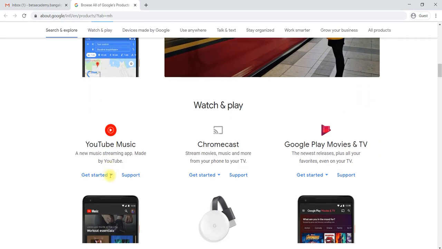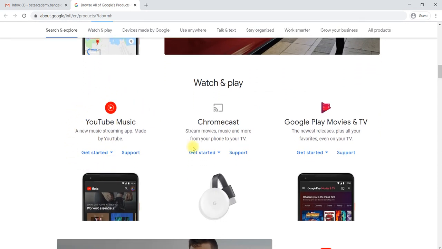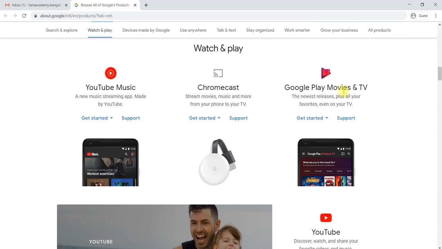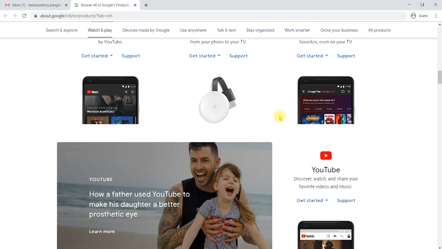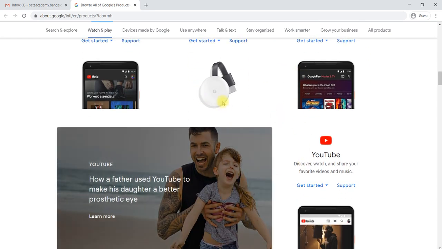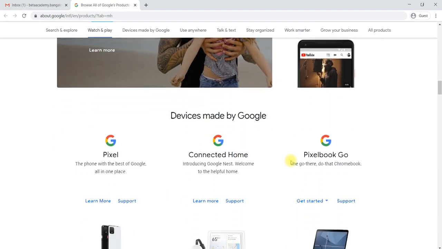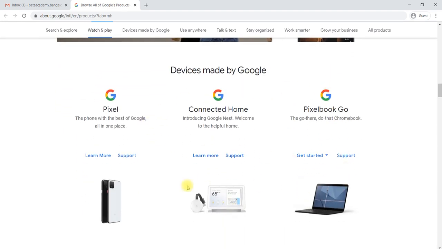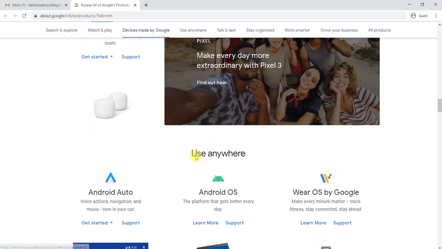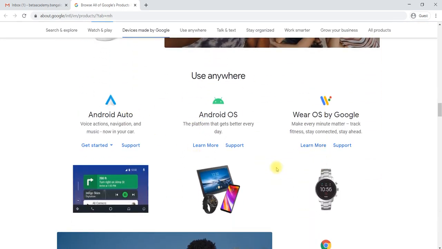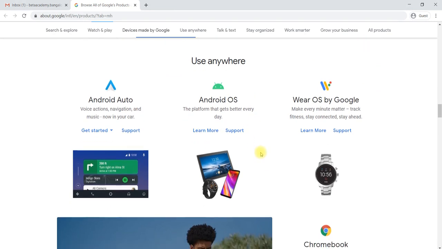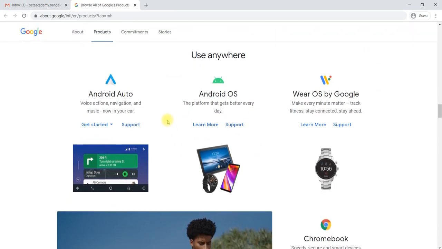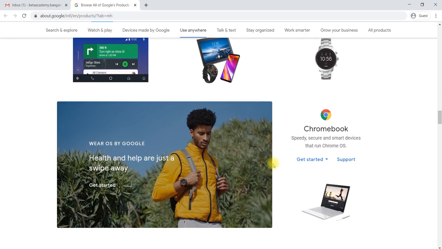Apart from that, we have YouTube and the Play Store, which are also Google products we'll discuss. These are the hardware side, mobile, laptop and so on, and these are the apps available for the OS and for different gadgets.